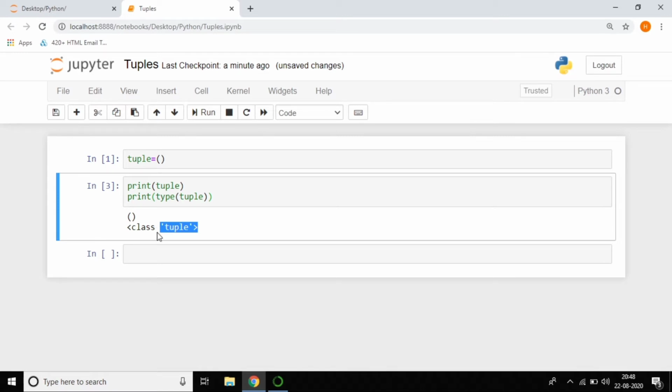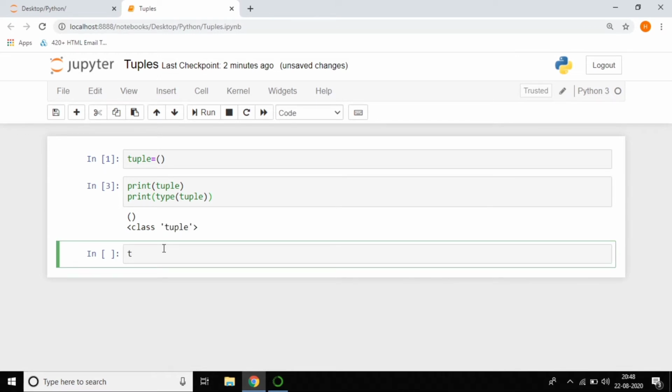Now, coming to tuple, what do we have? We have two main methods in tuple, called index and count. We'll discuss them clearly. Meanwhile we'll create a tuple of some items. I want to pass some items in the tuple: 1, 2, 3, and I want to pass some strings also, which is called